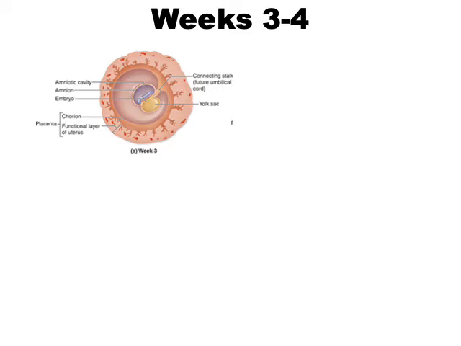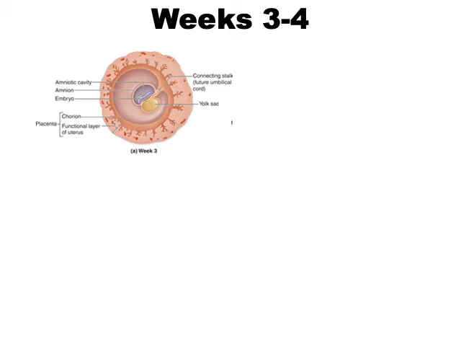In week 3 to 4, especially in week 3, the embryo develops the amniotic cavity and the amnion around the embryo. And you can see a well-developed yolk sac. The embryo now is connected to the uterus by the future umbilical cord, which is called the connecting stalk. And the whole embryo is surrounded by a functional layer of uterus and the chorion, which contribute